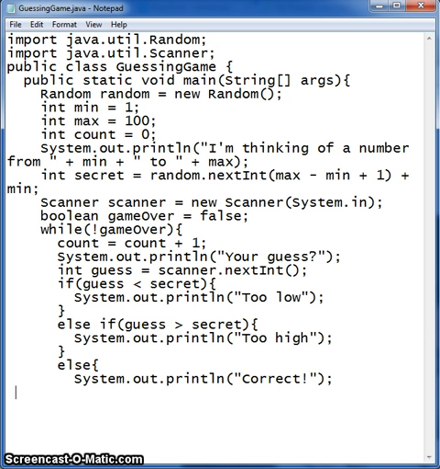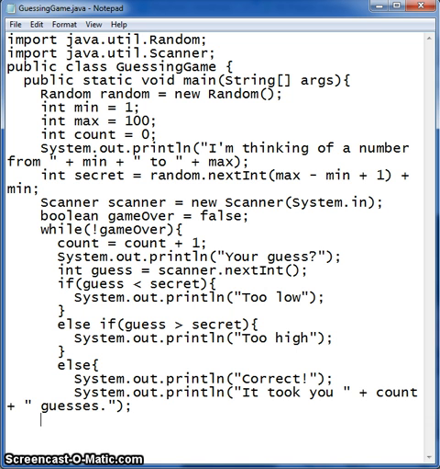And now we want to let the user know how many guesses it took. System.out.println, it took you, plus sign count. This is where we make use of that count variable. Plus quotes, guesses,